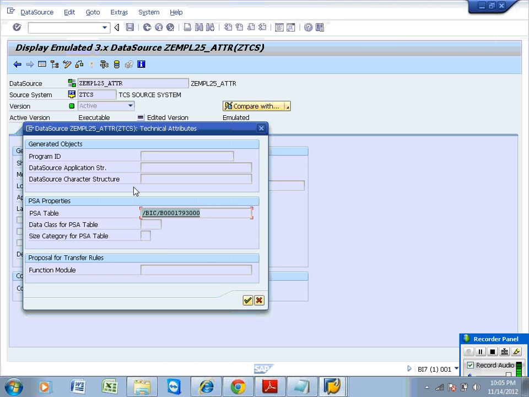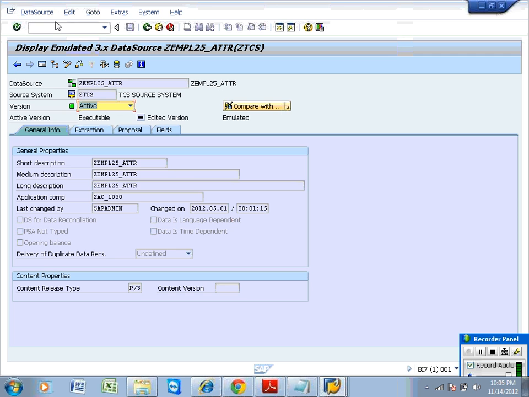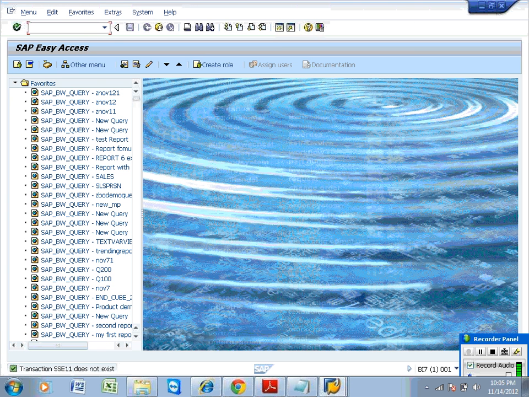Then this is the PSA table associated. Okay. What is the PSA table name? /BSC/B and a numerical number 001793000. Copy this one. Once you have the data source PSA table name, then go to SE11 to see the information.